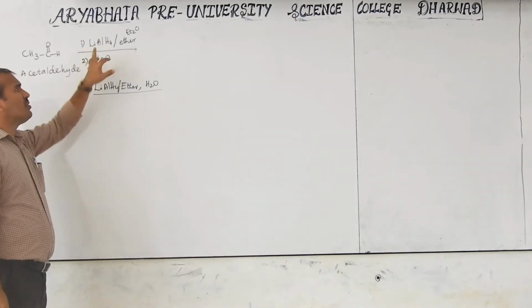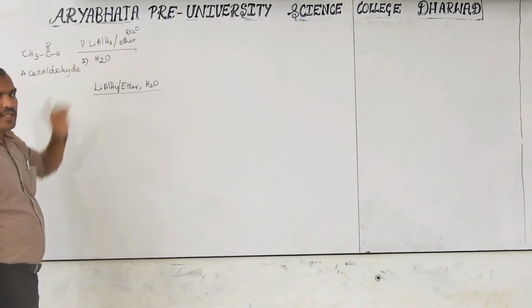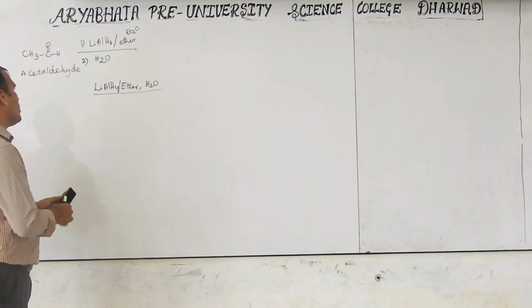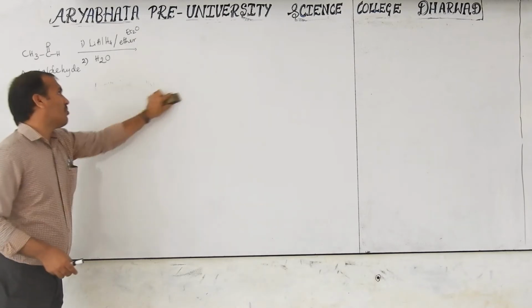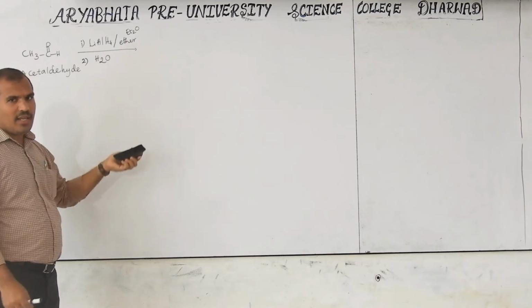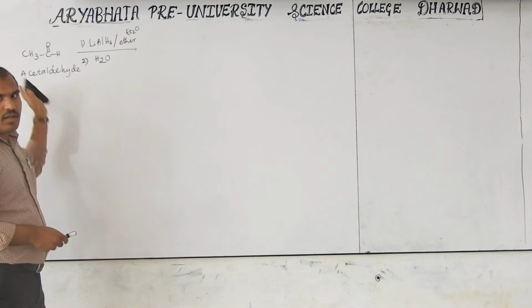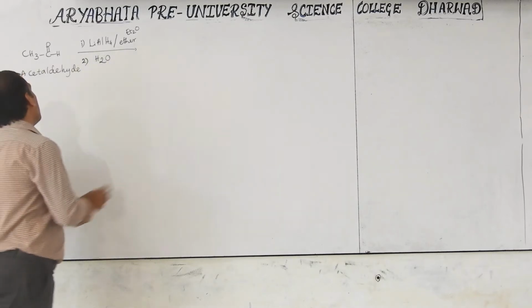That's why don't use the water molecule in the first step. We have to use it in the second step only. This is a very important condition. Otherwise another product is formed. Generally in textbooks they will mention it clearly. In case it is not mentioned, that product is not possible.